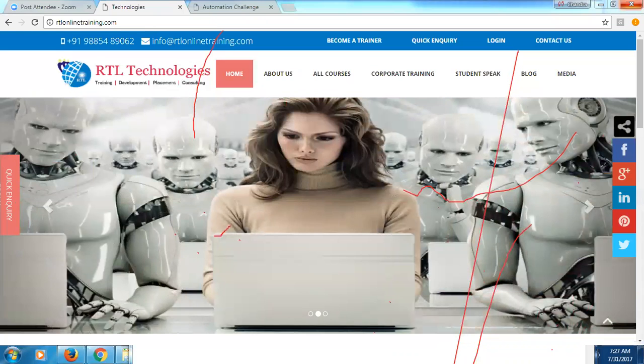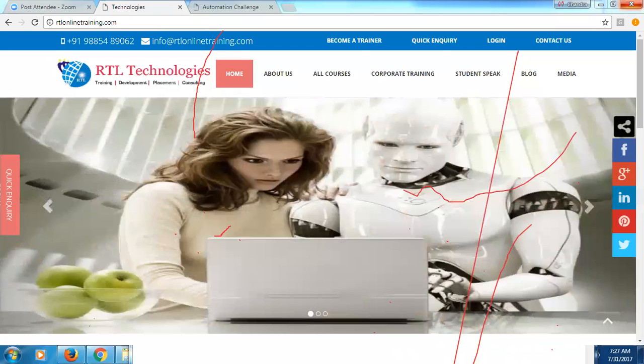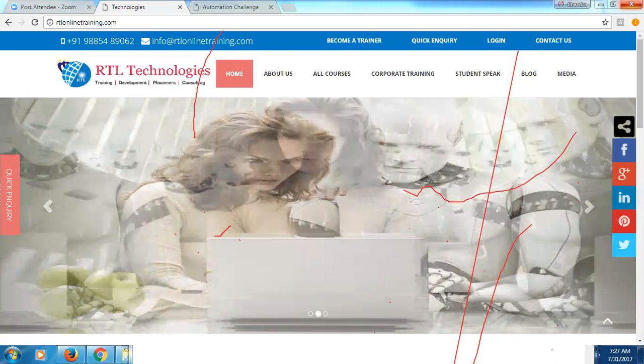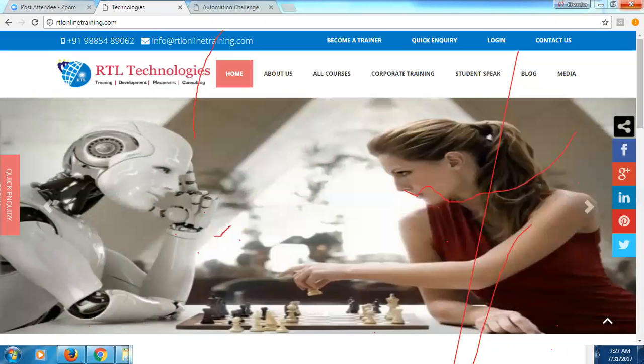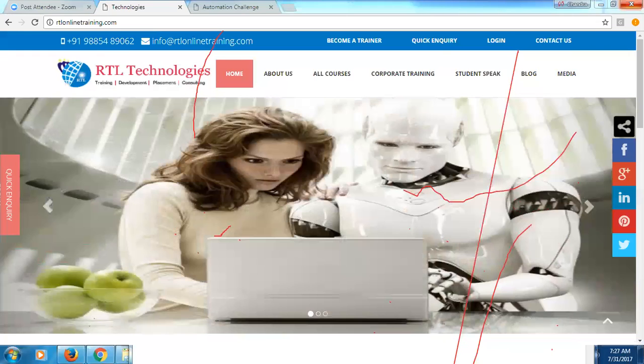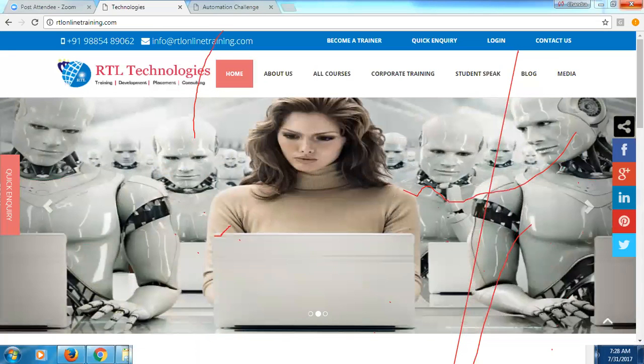Ratan Kumar, I have 5 years of experience in IT. How to move on to robotic process? 100% Ratan Kumar, whatever IT experience you have will always be helpful to work with RPA. Once you learn the tools, you have to present it as automation experience. There you will say what applications you have automated. Most of the time, whatever your previous experience is, those are the things you are going to automate.